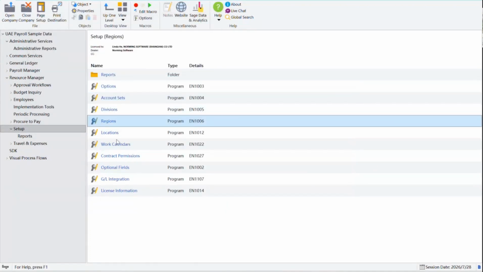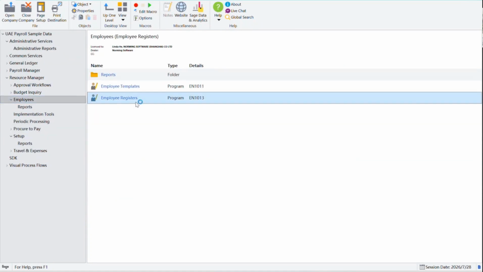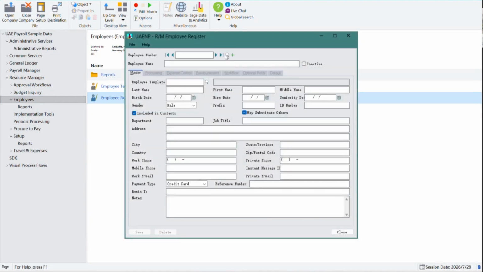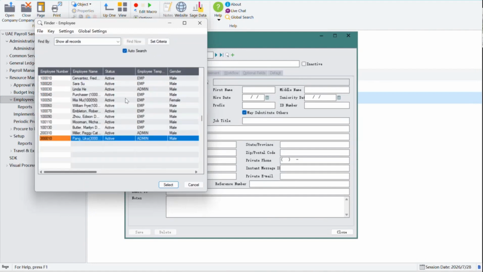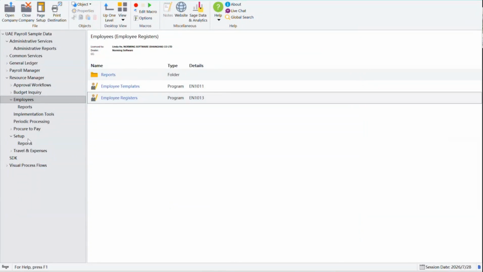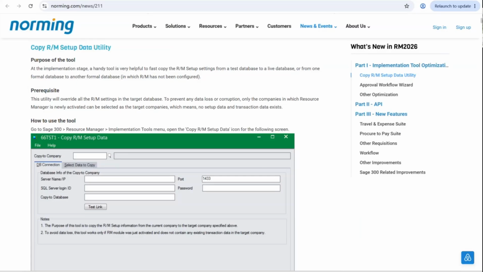And division, region, location, calendar, other things have been copied, right? Also, the employees have been copied to this company. Okay, if you click on the folder, you can see now we have these employees copied from the source company, right? So you can see how easy it is to set up a new company. Okay, any question here? Yeah, we have some